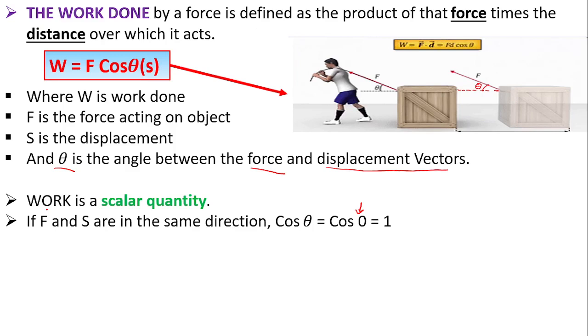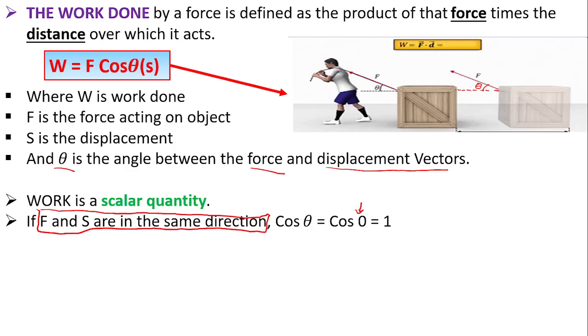And the displacement are in the same direction. So that simply means that there is no angle in between them. In such a case, you need to understand that theta, which is the angle, is simply equal to 0 degrees. So cos 0, when you plug it into your calculator, is simply equal to 1. So in such a case, the formula tends to be